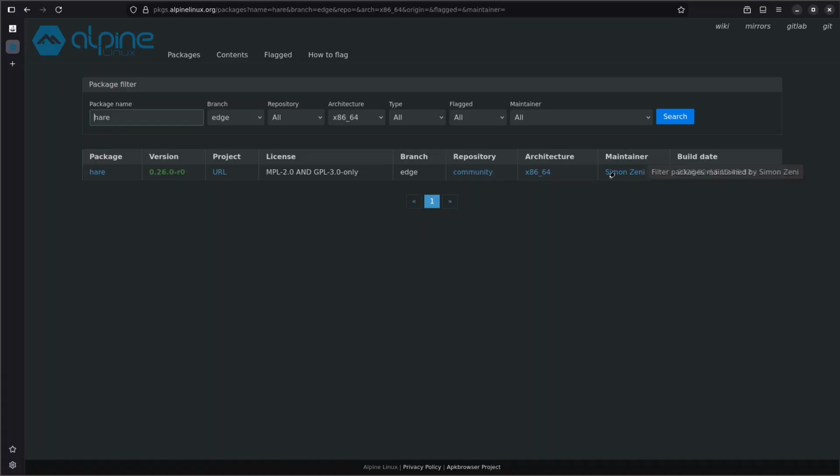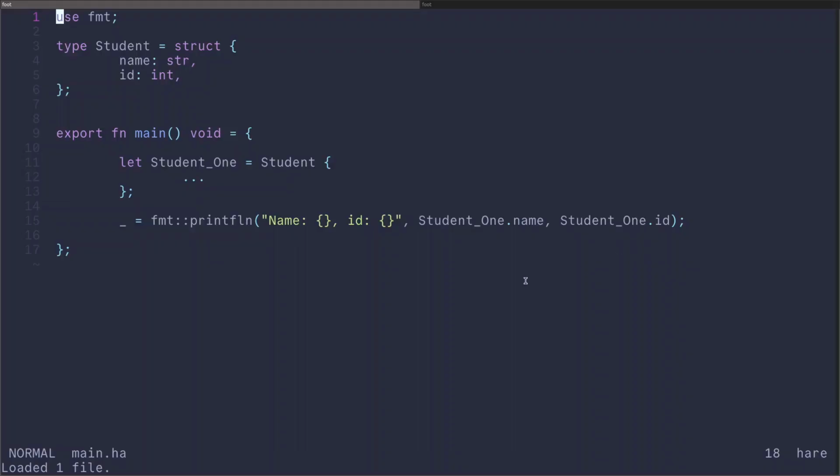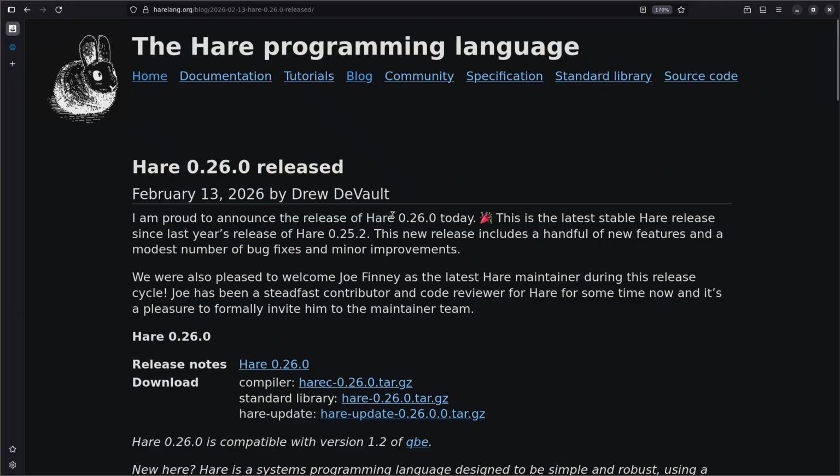So, Simon Zenny, you're awesome. They already have 26 on the Alpine Edge branch. That's just crazy. It was literally just released yesterday. Okay, today's Saturday. It was released yesterday, Friday, and they already have 26 in the Edge branch. That's impressive. I think this is an automated build, so maybe there's a script or something that automates the build when a new update comes. I want to dive into Alpine packages more and maybe build a couple. But anyways, so that is Hare